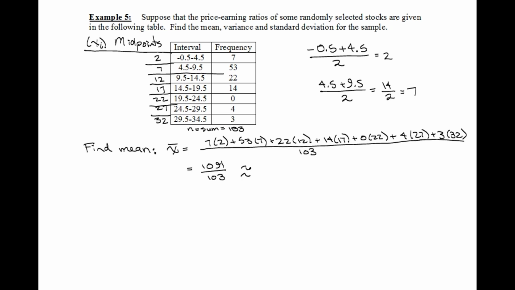So you should end up with about 10.59. Be sure you store this in your calculator. We do not want to round things until we get to the very end and we have our variance and our standard deviation. So now we're going to do the variance,